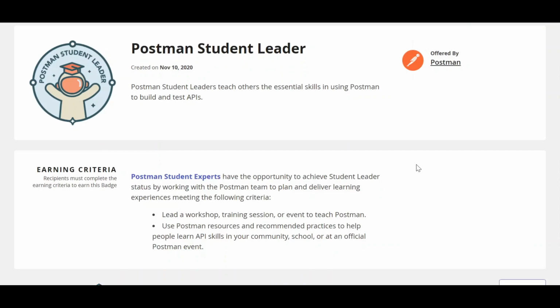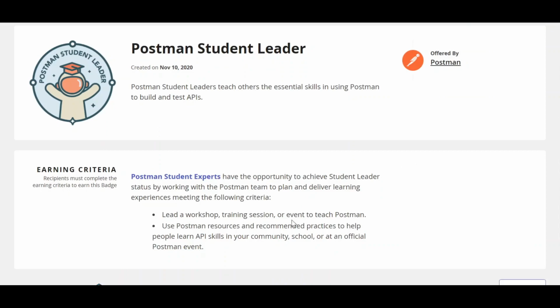So it gives immense pleasure to help people who are actually in need. People really want to learn new things, and when I teach someone new things, I feel really happy. So that is the kind of thing you will get as a Postman student leader, and the experience would be really awesome, trust me.